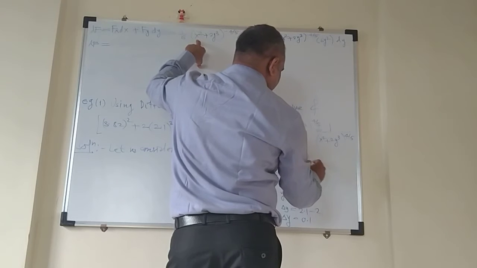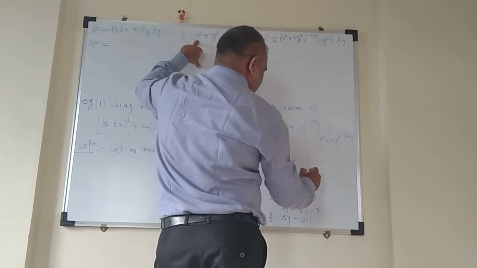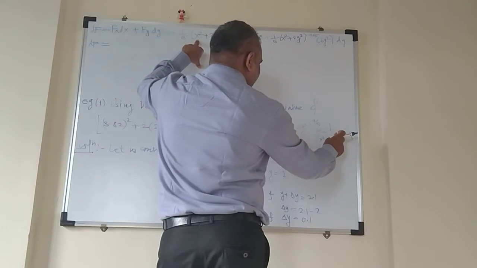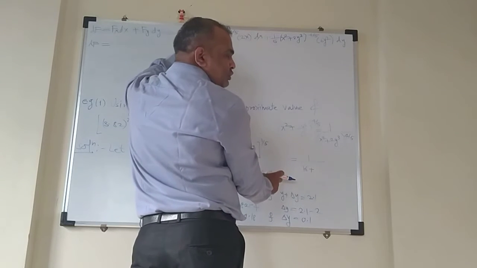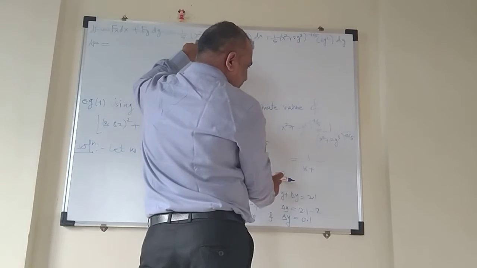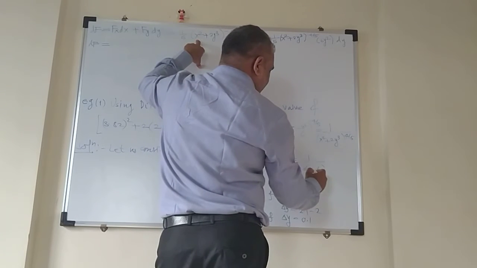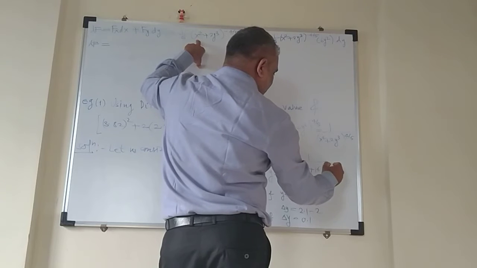This will be 1 upon x², that means 4², that is 16, plus 2y³, y is equals to 2. So 2³ is nothing but 2 into 2 into 2, that will be 8, and 8 into 2 is 16. So 16 plus 16 raised to power